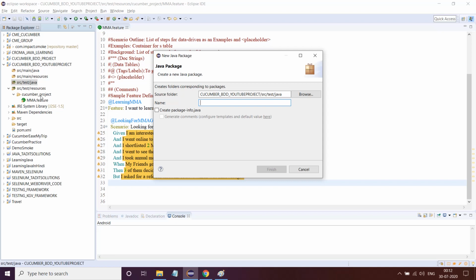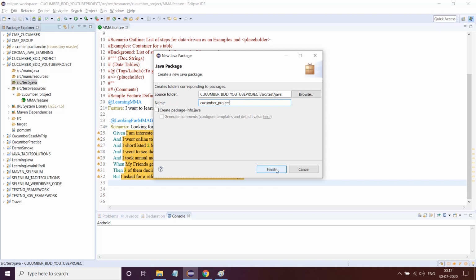As of now, just believe the fact that this particular package name and this particular package name which is already created should be the same. So I will create cucumber underscore project again. So this package which I'm creating under src test Java, this package name and the package which is already created under src test resources should be the same. As of now, just blindly follow.